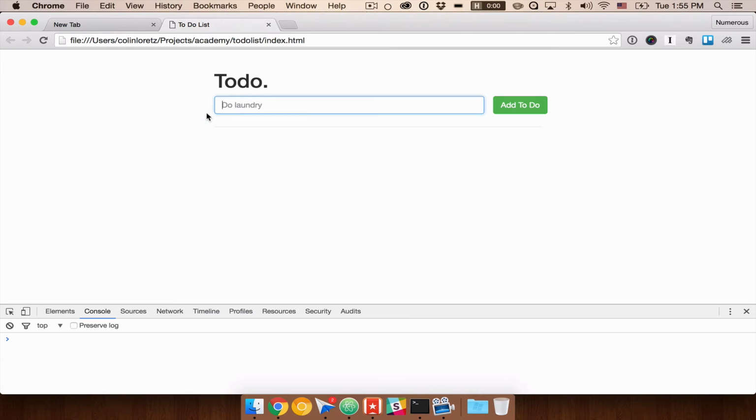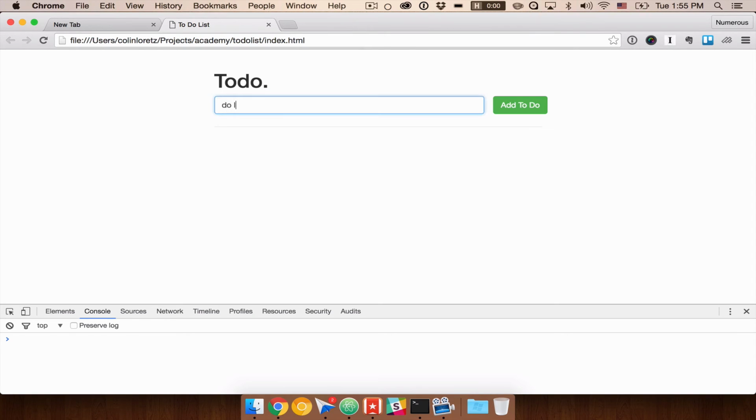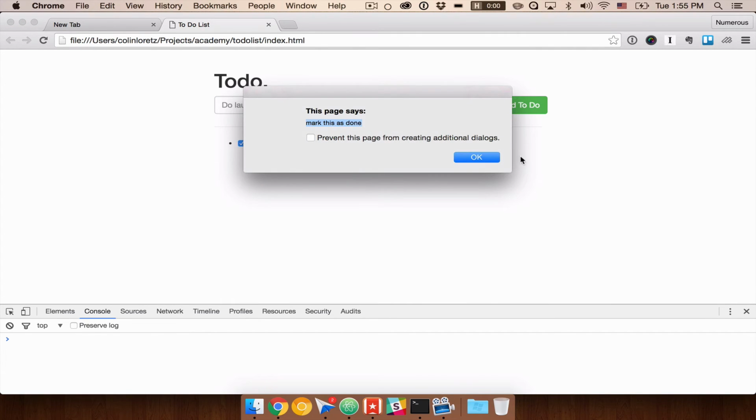However, click events don't fire reliably when you're using an input checkbox. So we actually have the ability to do a change. So when this input checkbox goes from true to false, or checked to unchecked, or unchecked to checked, this would allow us to detect that change. So we have todos.onChange completeItem, and this will fire this function, which will say mark this as done. So now we can say do laundry, and when we check the checkbox, we now know that we would